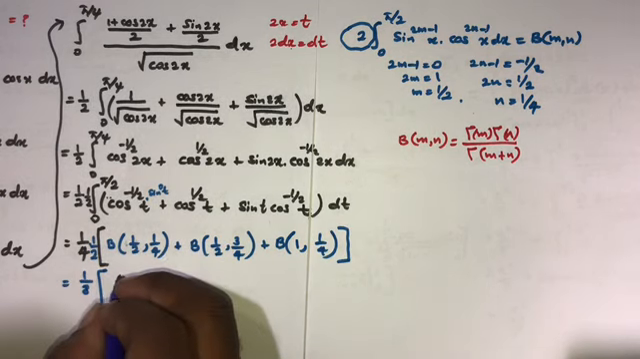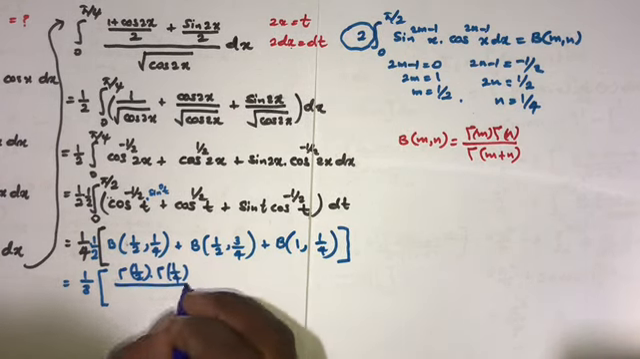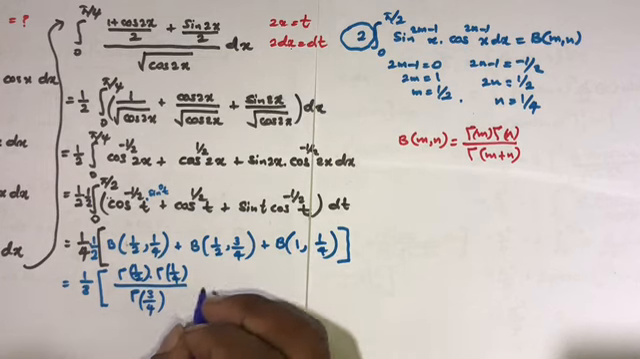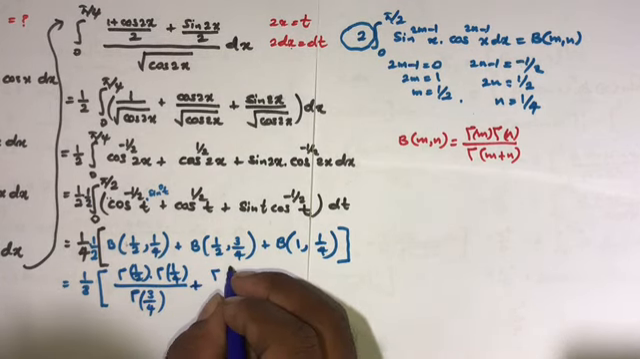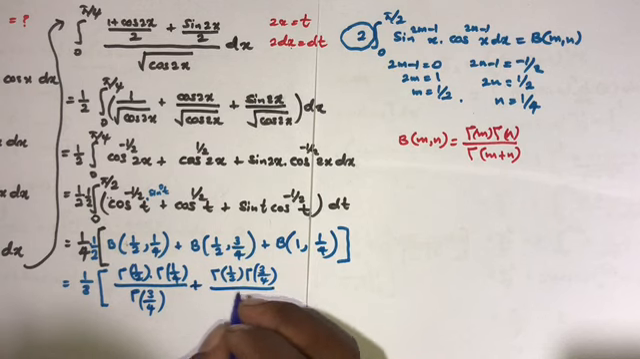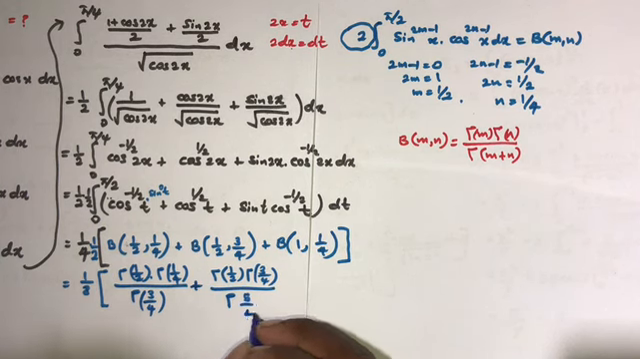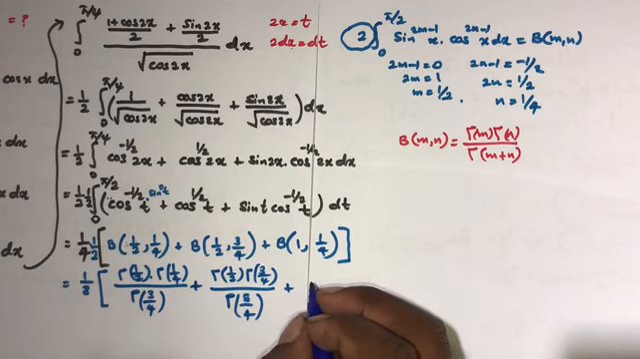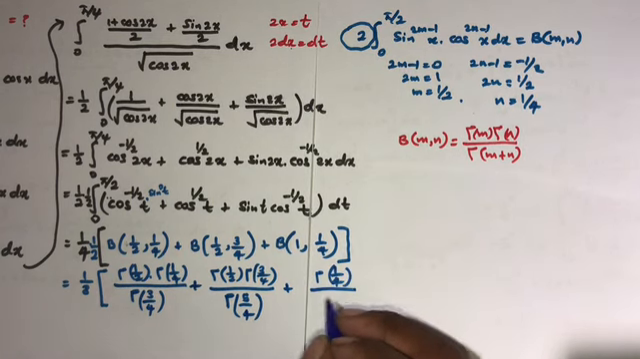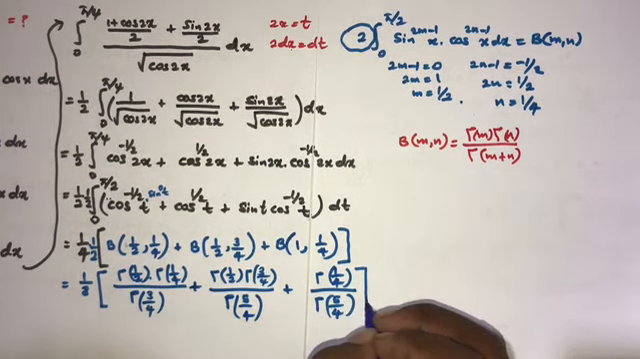So we can write now here gamma of 1/2 gamma of 1 over 4 over gamma of 1/2 plus 1 over 4, we know 3 over 4, plus here again gamma of 1/2 gamma of 3 over 4 over gamma of 1/2 plus 3 over 4, we know 5 over 4, plus here again gamma of 1, we know 1, so gamma of 1 over 4 over gamma of 1 plus 1 over 4, so gamma of 5 over 4. Well, then